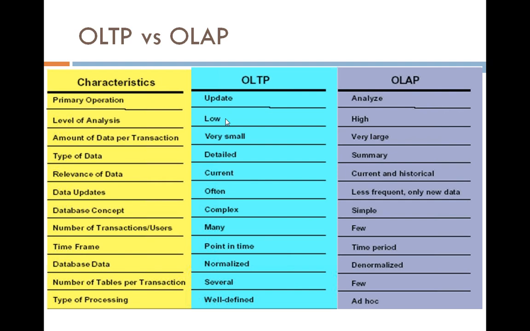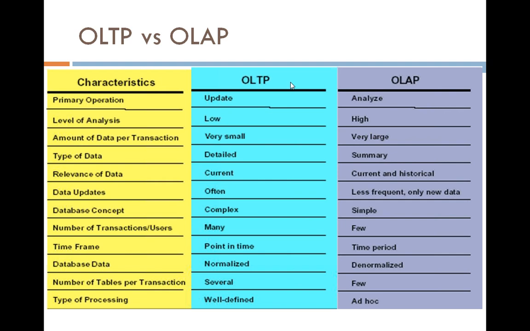Whenever we are referring to OLAP systems, we are referring to a data warehousing system. And whenever we are referring to an OLTP system, we are referring to any transaction processing system. Examples are SAP ERP, Oracle ERP, different databases, flat files, Access database, and any other third-party tools where the organization is storing the day-to-day transaction data. And when it comes to OLAP, there are different data warehousing tools which we discussed earlier.